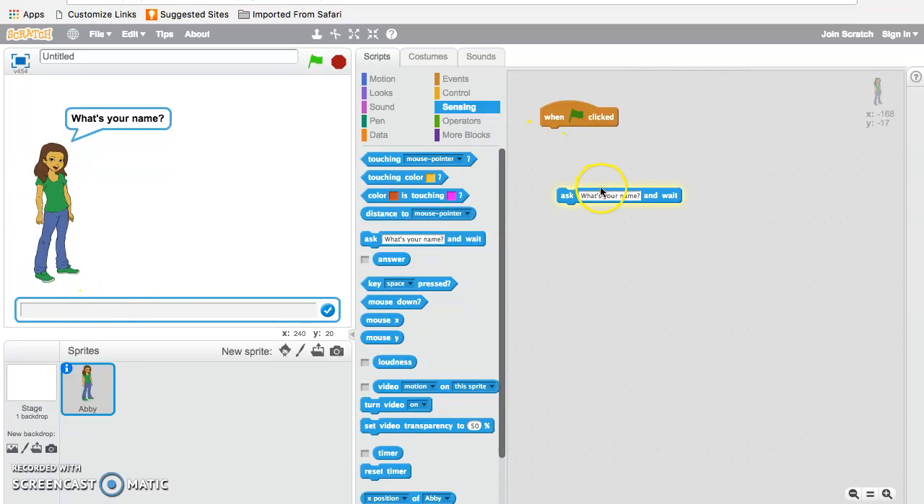answer. For this project, we don't want Abby to ask, "What's your name?" We want her to ask the user to enter a number between 1 and 10. And we're just going to link that block up to our event block, and let's start it over again. So now Abby says enter a number between 1 and 10. And we want our user to enter our number down here,